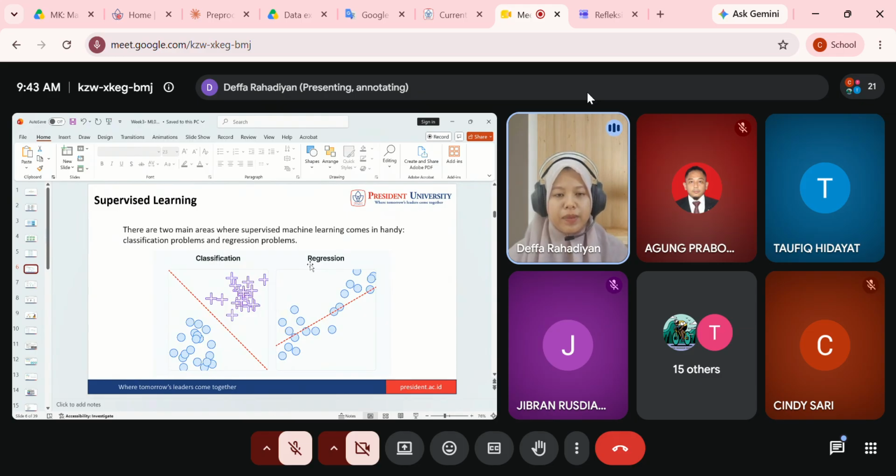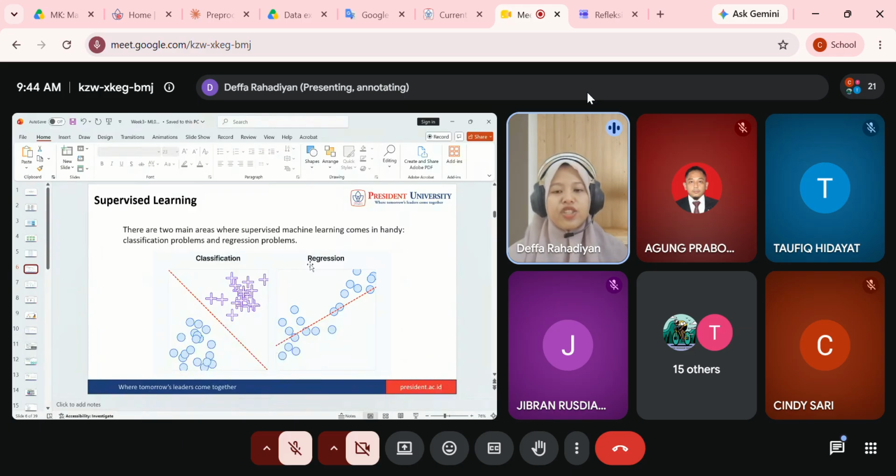So, we have two types. The first one is classification, and the second one is regression. Both tasks have data plus label. But what is the difference between classification and regression? For classification, the output, like the name, is the class or category. For example, gender identification. Of course, the output will be girl or boy, man or woman, depending on the classes that we have.